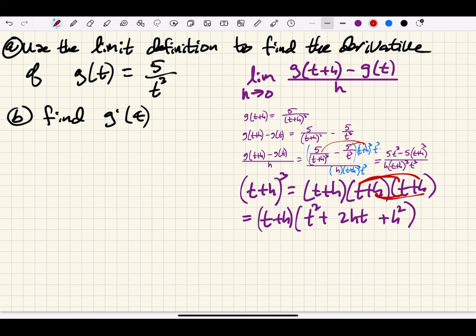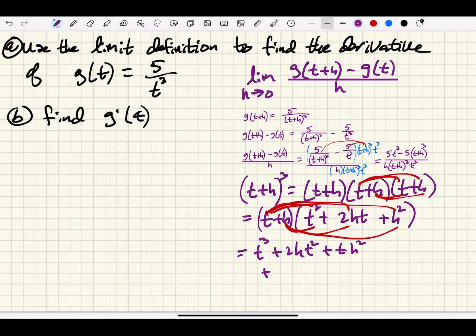Then we should continue by multiplying each term in the first factor by each term in the second factor. So we wind up with t cubed plus 2h t squared plus th squared